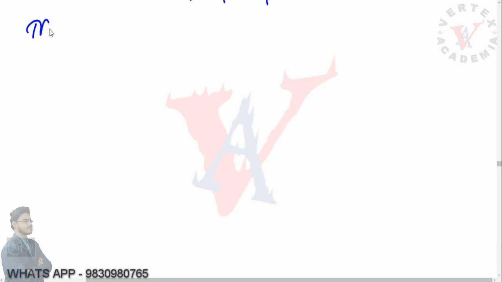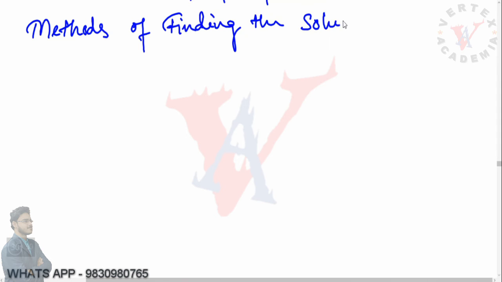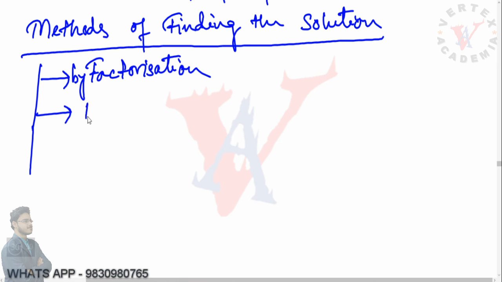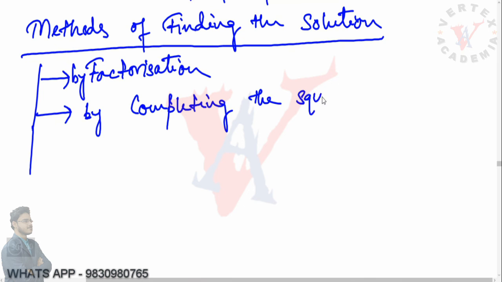And the second thing is methods of finding the solution. So basically we will deal with three algebraic methods. From next day we will start. The first is by factorization. Second is by completing the square. And the third one is the quadratic formula,